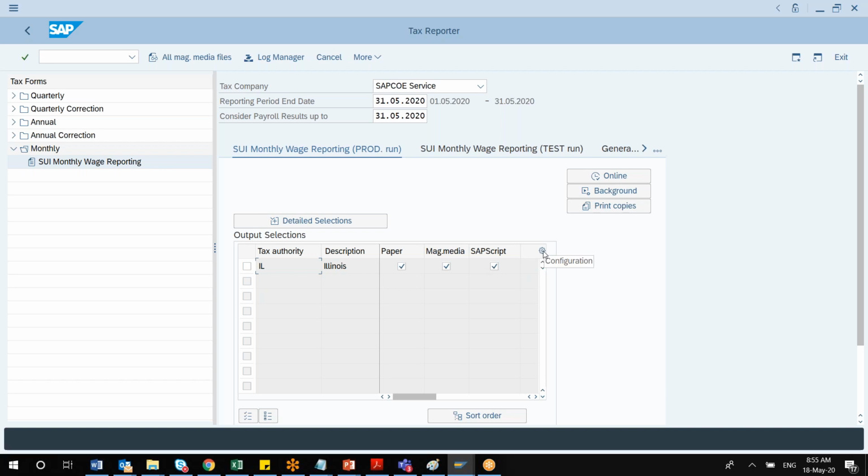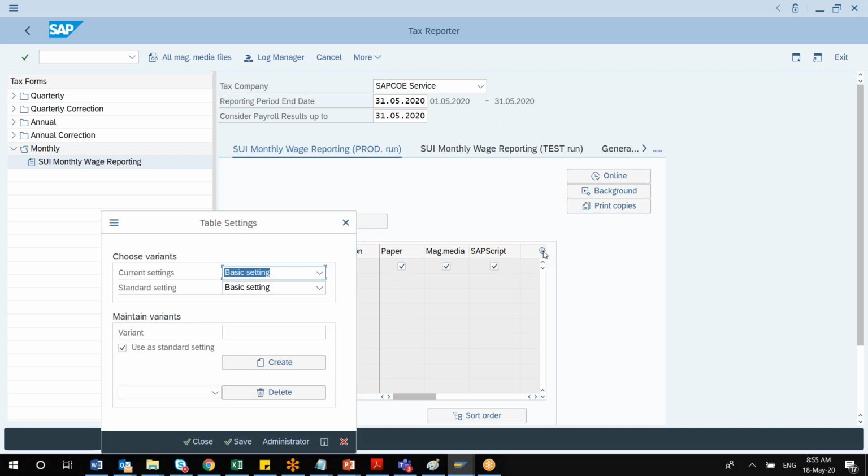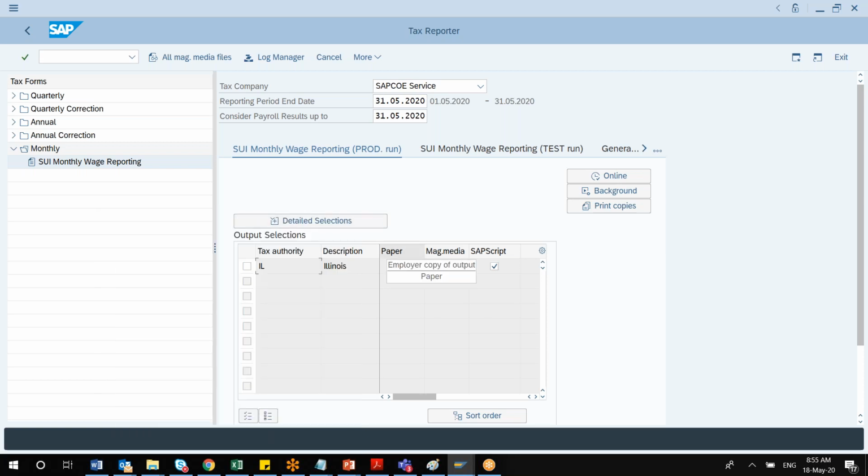And there is a small configuration button here. You can change all the settings as you require, on the form itself. Here you'll find all those things. And there is another button here, but here we have only one field, so it is only one. Otherwise, you can select multiple or deselect all these things. You can explore it. So this is for the production run, and the same goes for your test run also.